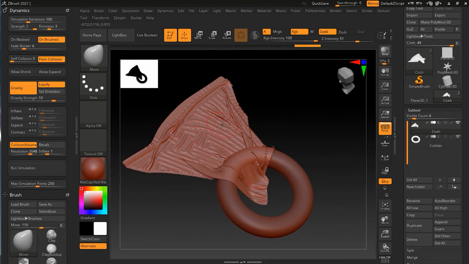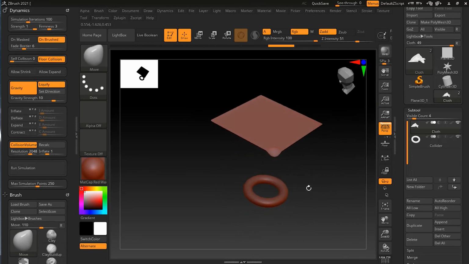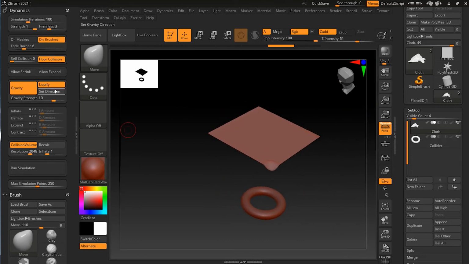In the real world, anything which falls down, whether it's a cloth or leather or any other material, collides with itself as well. So if I undo this, keep everything the same with the liquify, and in the self collision, change it to 2, something like 2 here, and then run the simulation,